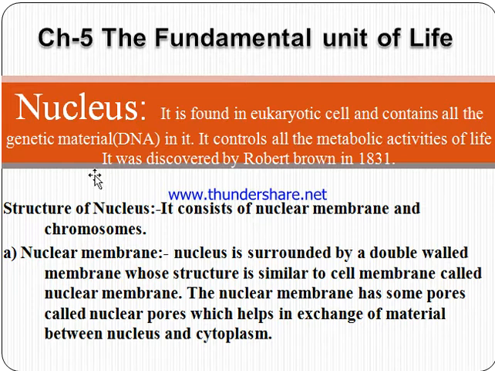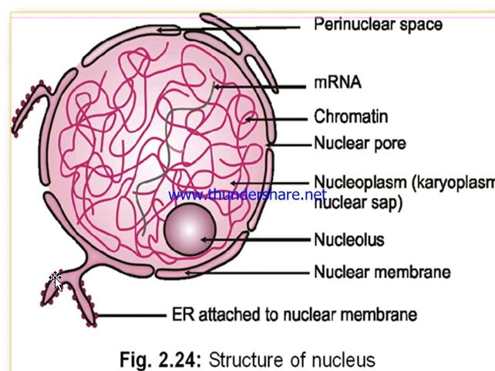between the nucleus and cytoplasm. I am showing you the diagram of the nucleus. This is the double layered membrane. I am asking you about the nuclear membrane. It is the double layered membrane which is present outside the nucleus. It has some small pores. These small pores are known as nuclear pores. And the liquid present inside the nucleus